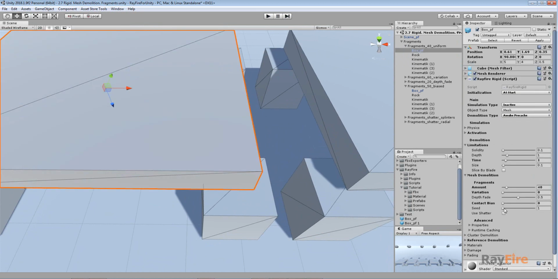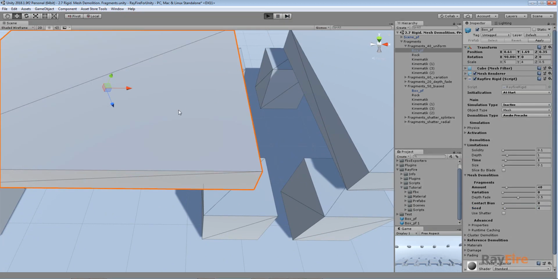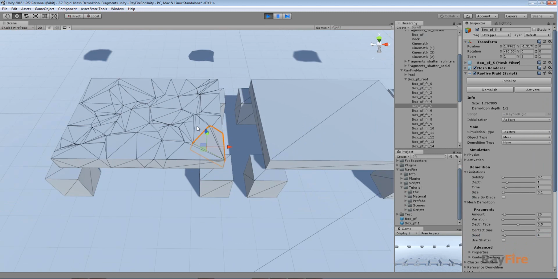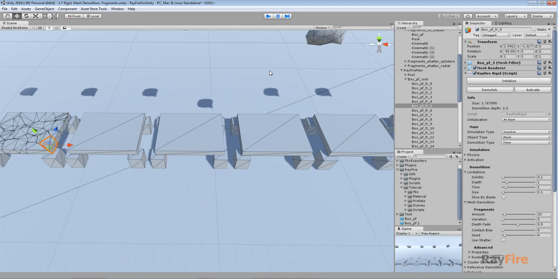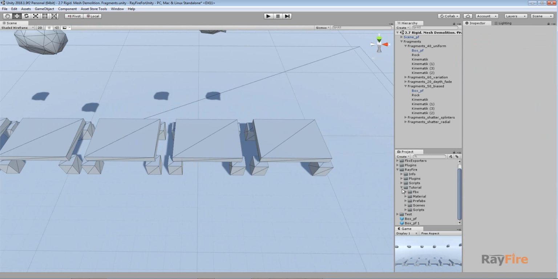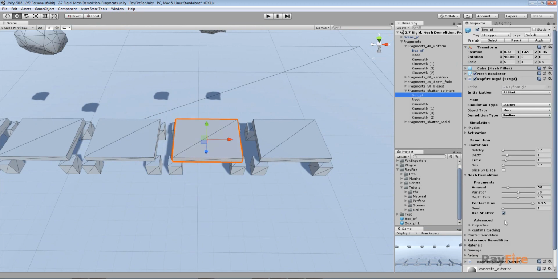And if I want to get a different pattern, I can change the seed. Then now I have a different pattern. So again, in case you don't like how it looks, you can change the seed to get different fragments. And the next property is the use shatter checkbox. As you saw before, by default it uses a uniform Voronoi fragmentation pattern, but